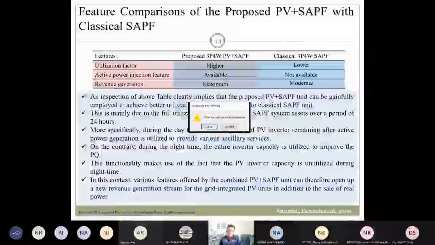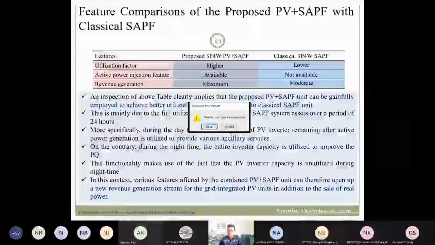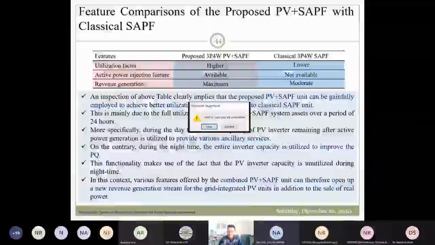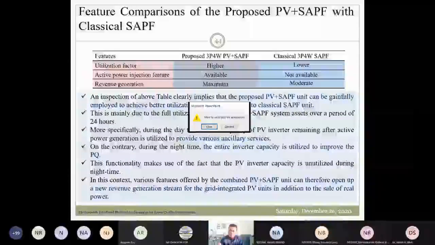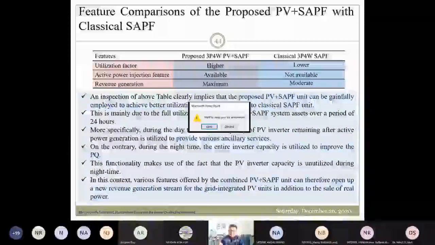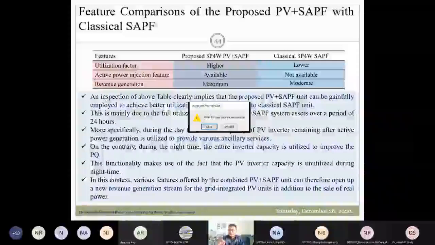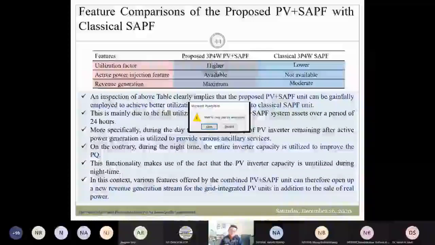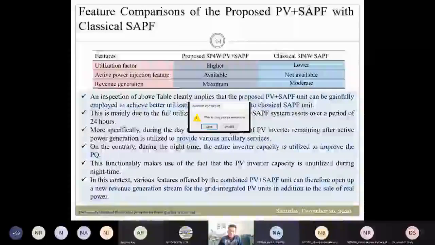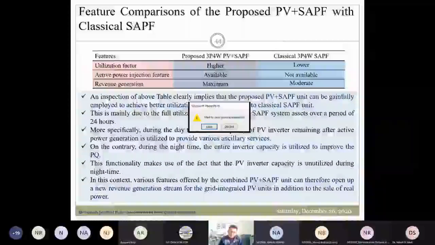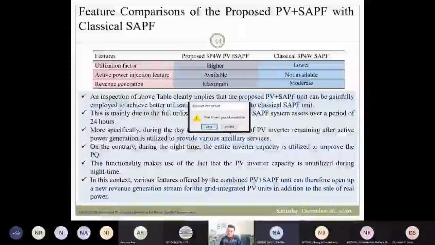Now, what is the impact? If you fail to regulate the DC link voltage, it causes steady state oscillations in the current control loop. PI control is generally employed in the voltage control loop, and if you fail to regulate the voltage in the voltage control loop, it causes steady state oscillations in the current control loop, which is not desirable. So, control by the use of the PI controller. Okay, sir. Thank you, sir.